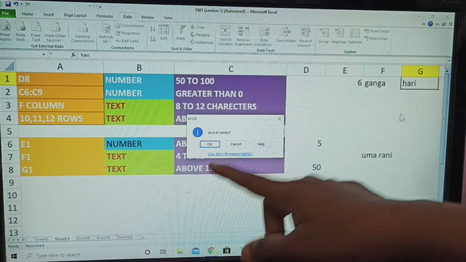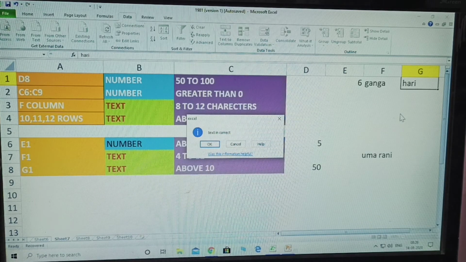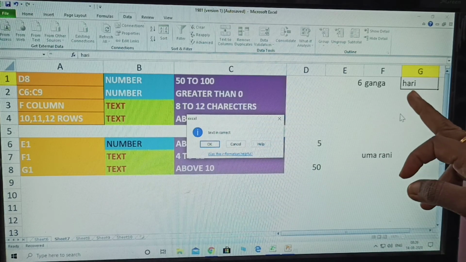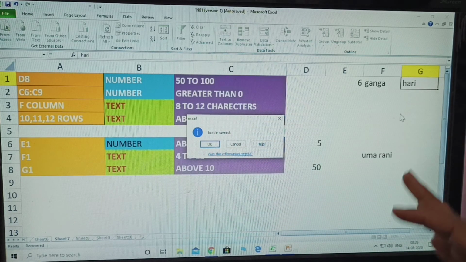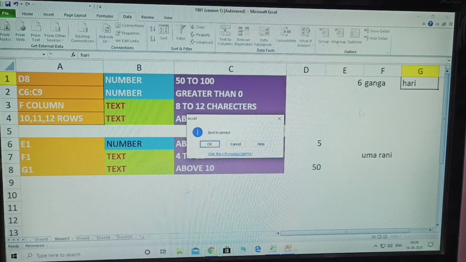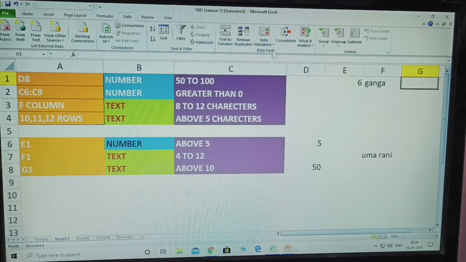G1 has above 10 characters condition. The condition is not correct. Why? Because I am giving characters only 4. That's why it displays the error. Our own created conditions are also displayed on here, explained on here. Okay, this is called data validation, very important in Excel.